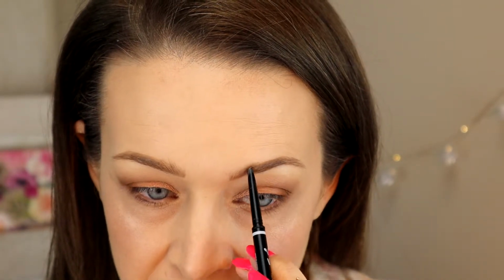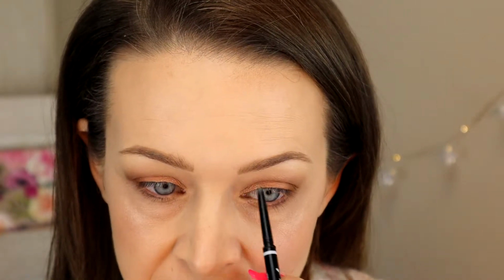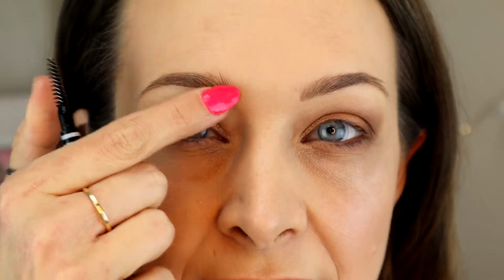My eyebrows are quite thin on the very inside here. See how it just kind of looks splotchy? I want to get a little bit closer. Okay, you see how it's just kind of splotchy right here, and it's skipping almost? Or is there a defined pretend hair on this side? So